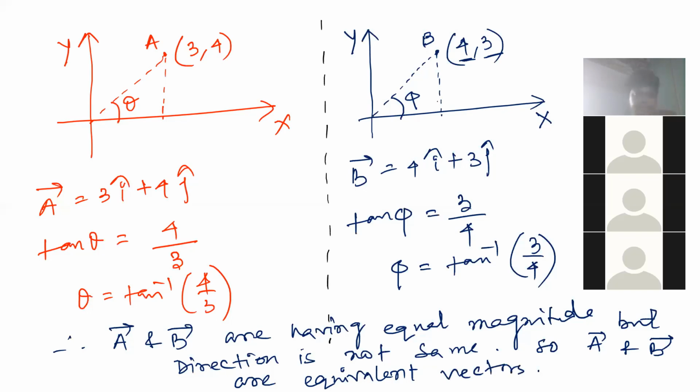I will give you one example so that you can understand the equal vector. Initially, whatever examples we have taken become equivalent vectors, because their magnitude is same but their direction is different. So the reason is clear why I am saying these two vectors are equivalent: because the directions are different and the magnitudes are same. Very good. Now let's move and take some examples.